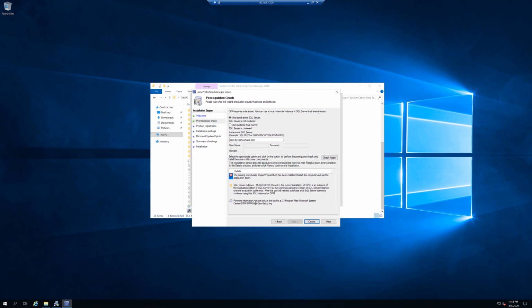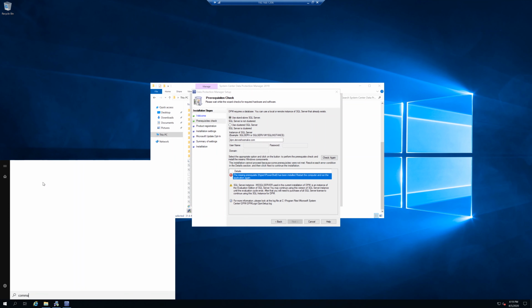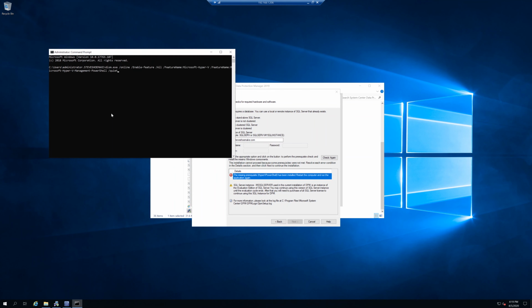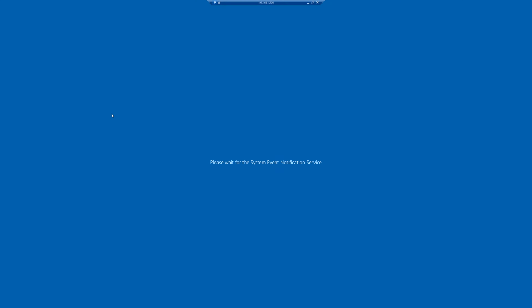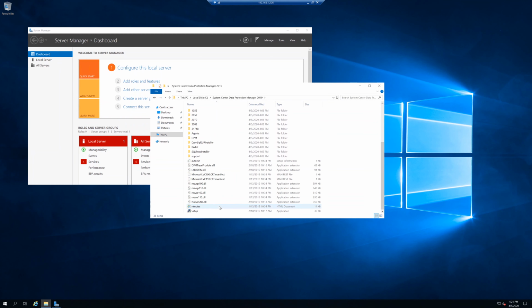Here it is, and this is it right here, the missing prerequisite, even though I had already installed Hyper-V PowerShell through PowerShell commands. So I just open a command prompt, run it as administrator, and copy and paste. It restarts the system, but now I'm able to restart the installation of DPM 2019,